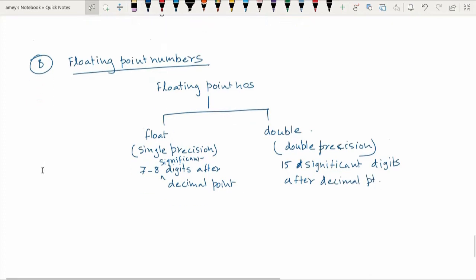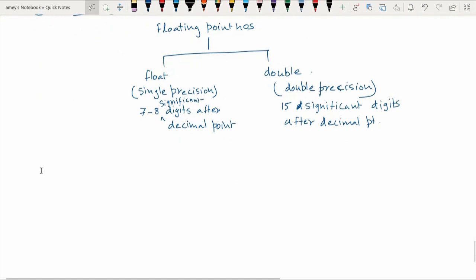Fine. Now remember that by default floating point numbers are treated as double precision numbers.